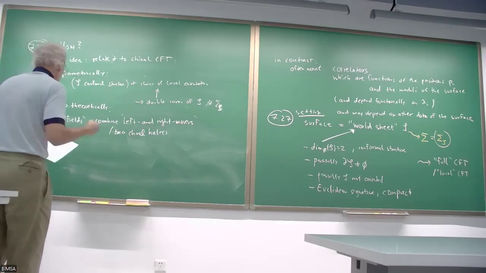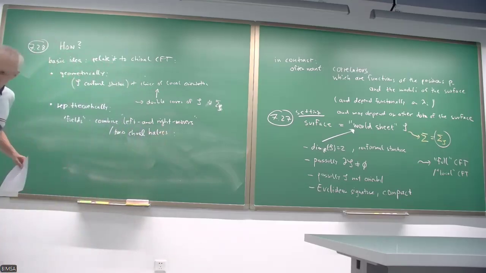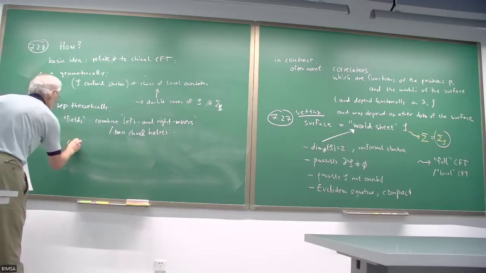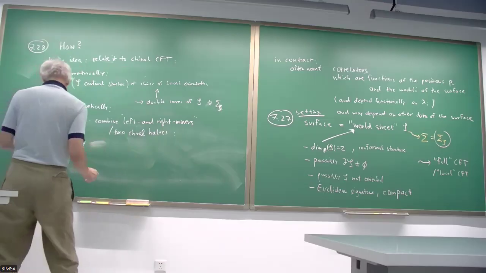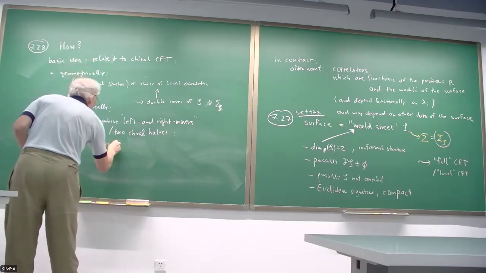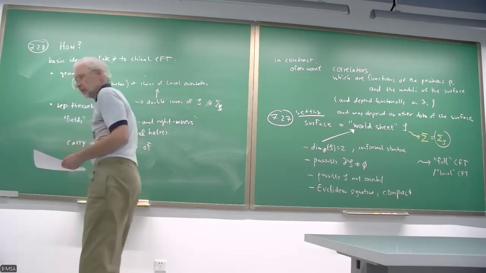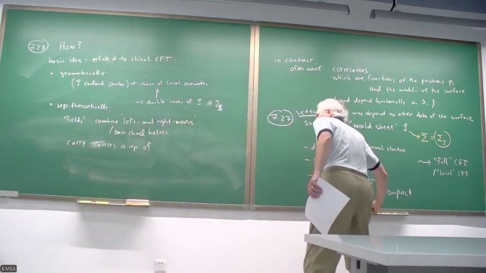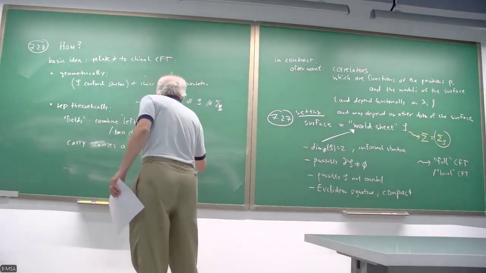And this means for us the following: that a field carries a representation of some vertex algebra V, which I now call V_L, L for left, and also another one